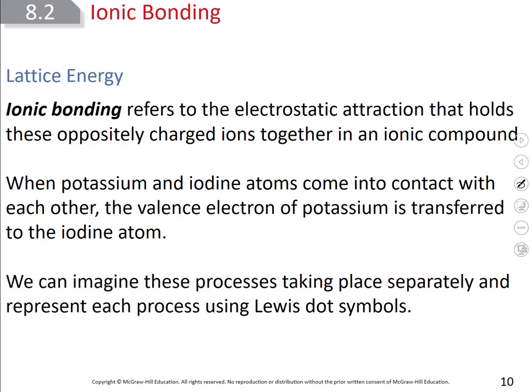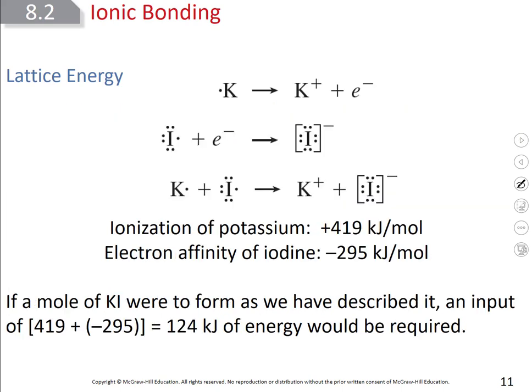Now, if we imagine these processes taking place step by step, we can show this using those Lewis dots that we just looked at. So for example, first of all, potassium will lose its electron and become potassium plus. Now here's the electron it lost. Iodine will then gain that electron, so that's the electron right there, will then go into iodine, making iodide ion or I minus. Now we have a positive potassium ion and a